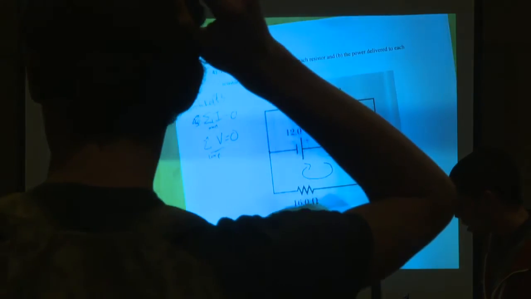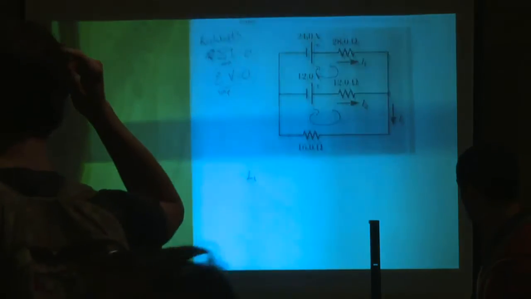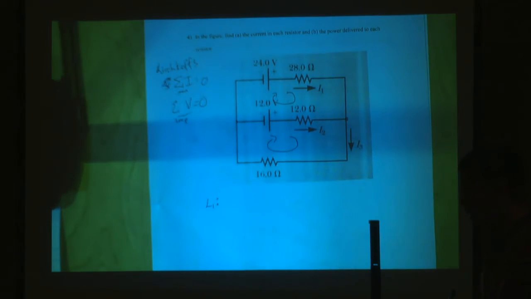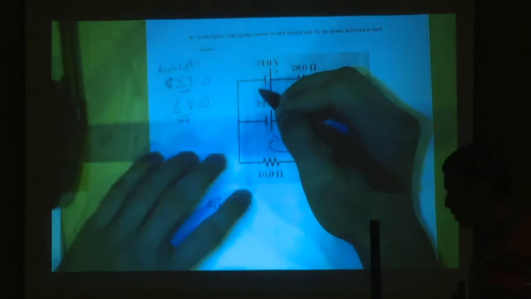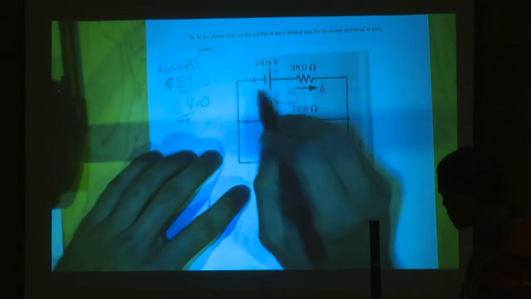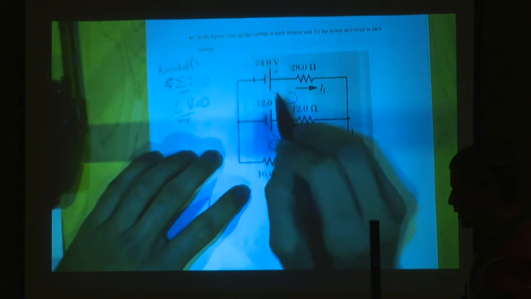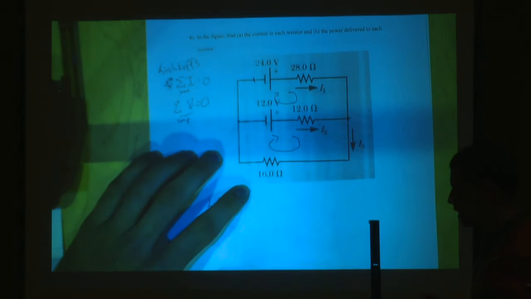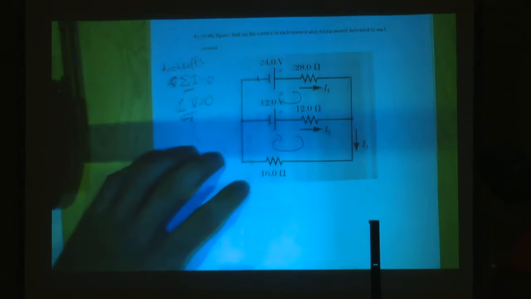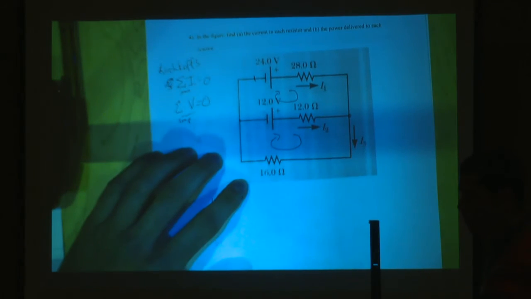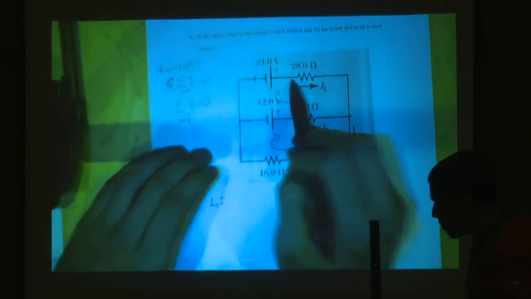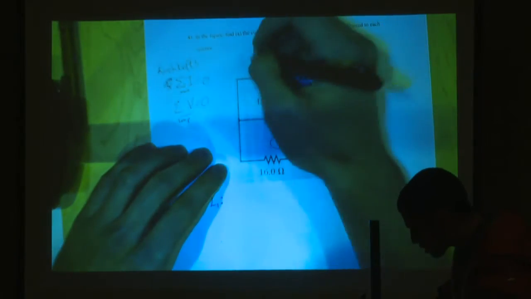We'll have our first equation given by Kirchhoff's rule of loop 1. If we start from this point here, whenever I'm taking a test or working out a problem, I always like to make a mark where I'm starting so I know where to end, and I don't account for anything twice. Sometimes you hit some big loops. Of course, this one's tiny, but if we had a bigger one, it might be confusing and you might mess up. So we start here, we'll have a potential jump, and let's call this